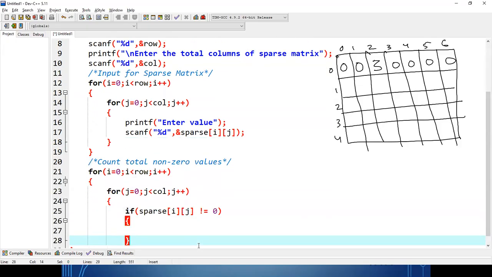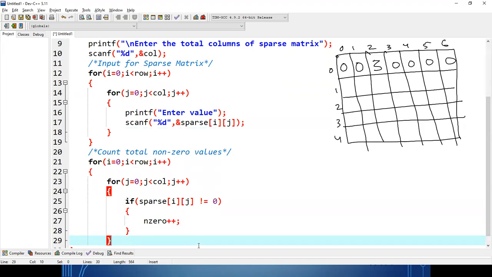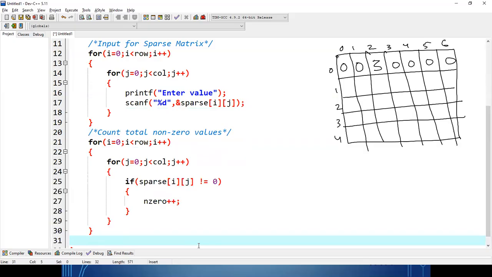Clear? So sparse of ij is not equal to 0. I'll increment my non-zero variable that I have declared earlier and initialized with 0. Okay. Over. So this is what we are counting, the total number of non-zero values. Clear? So for every row, every column value I'll calculate.